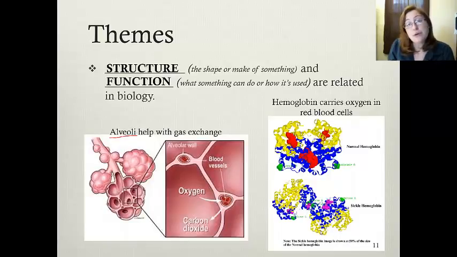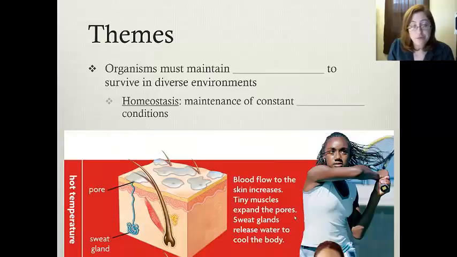And so people who have the disease sickle cell anemia, they have a protein that has lost its shape, and therefore it has also lost its function. So we're going to talk a lot more about structure and function. Organisms must